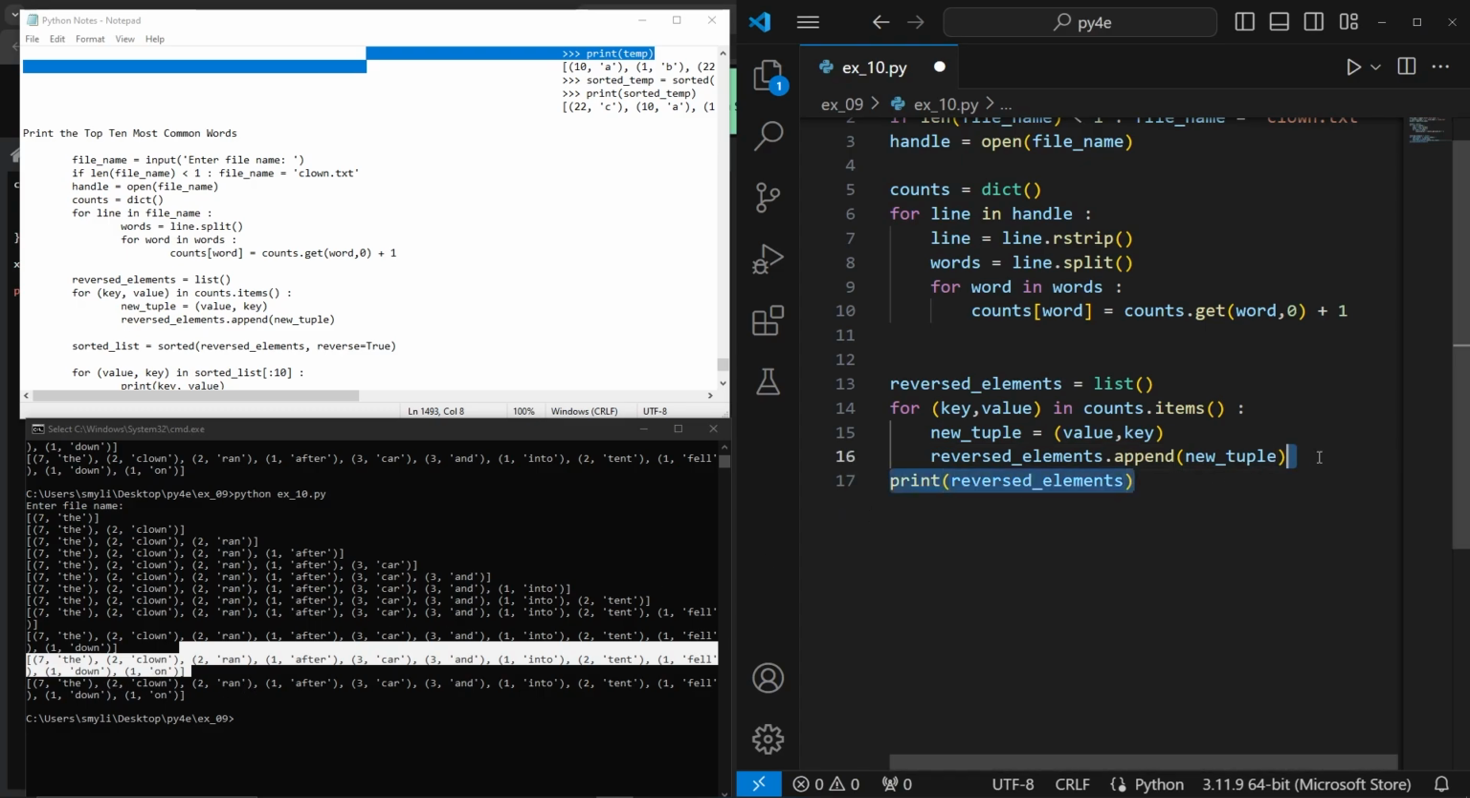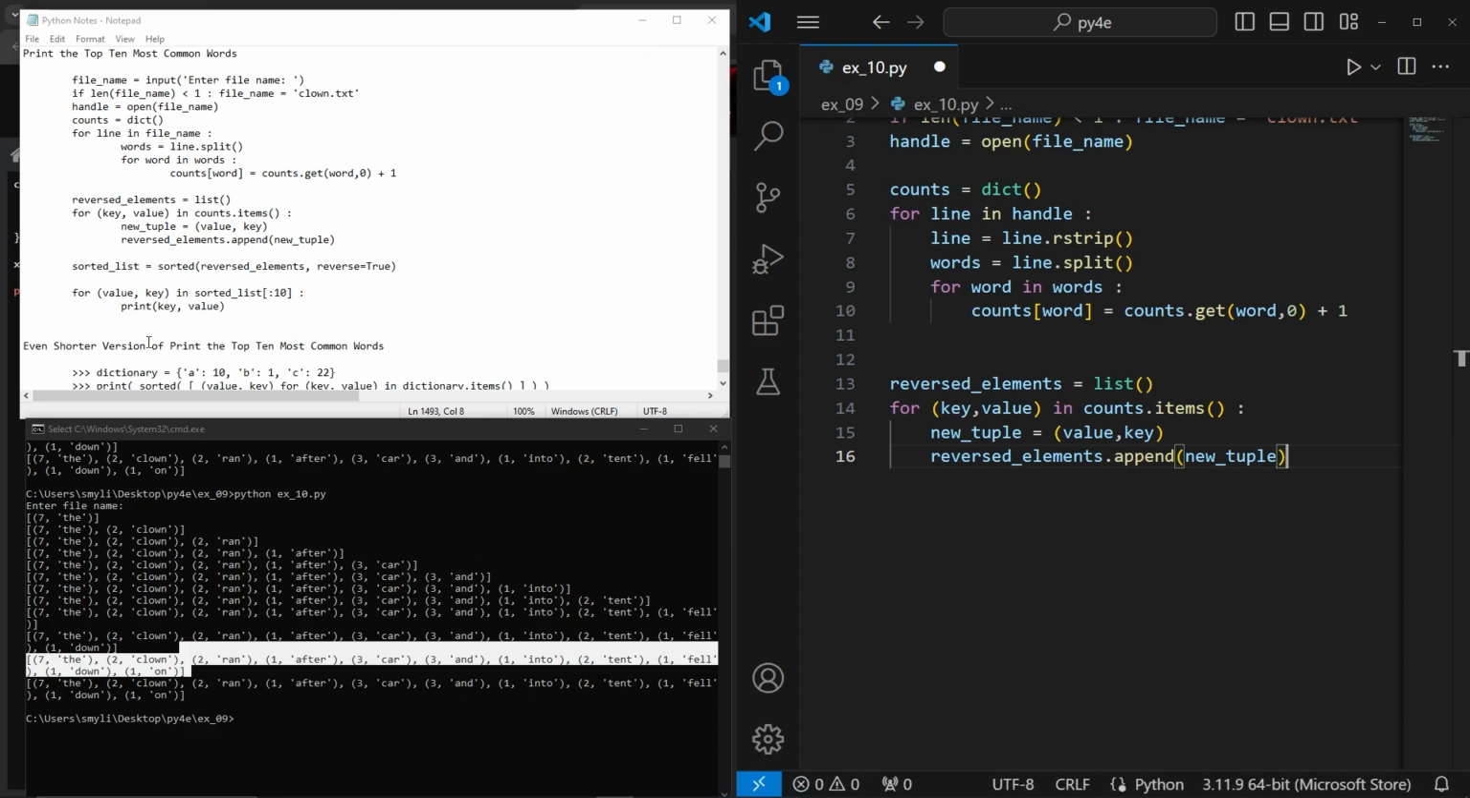So now what we've got to do is sort this thing in order so that the 7 is first, and then we've got the 3s and then the 2s, right? So let's come down here. Let's look at this thing, and we're going to do the sorted thing, right? So we remember in the notes that we did sorted lists, and we say sorted reversed elements, comma, reverse